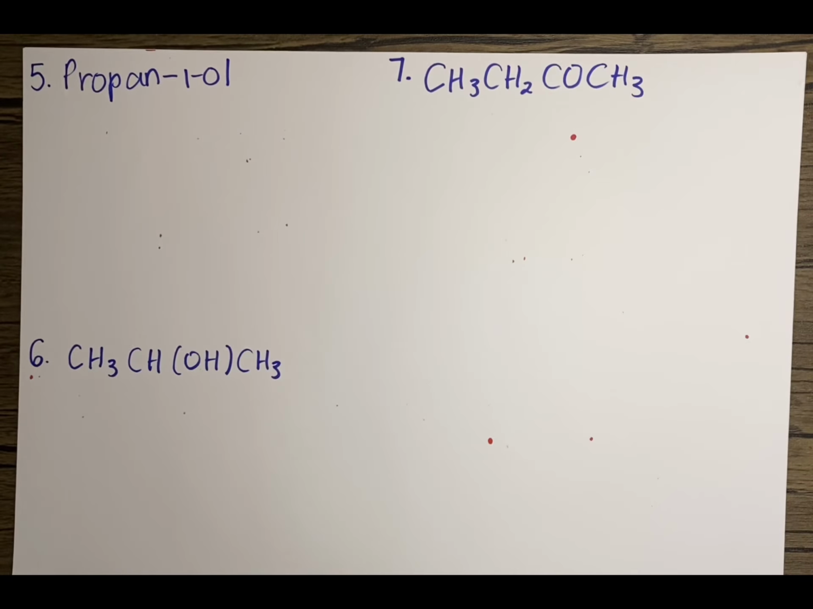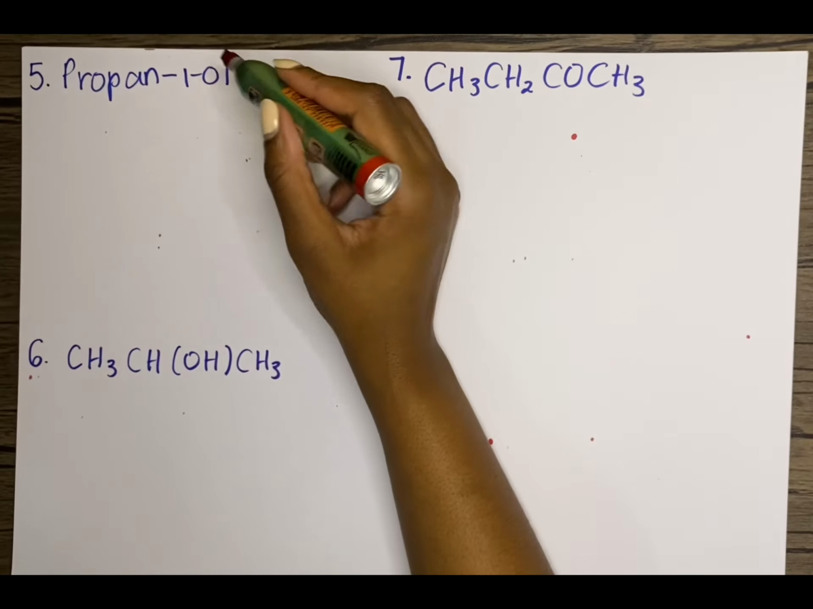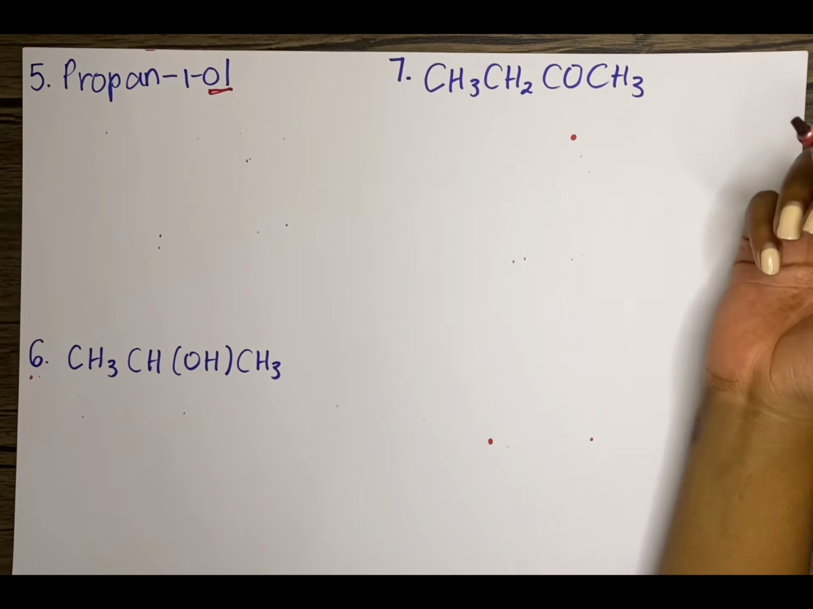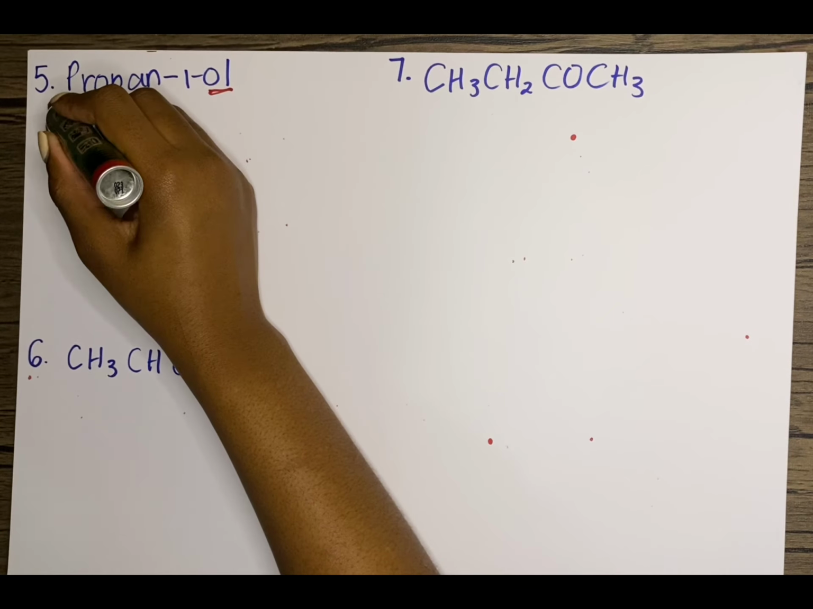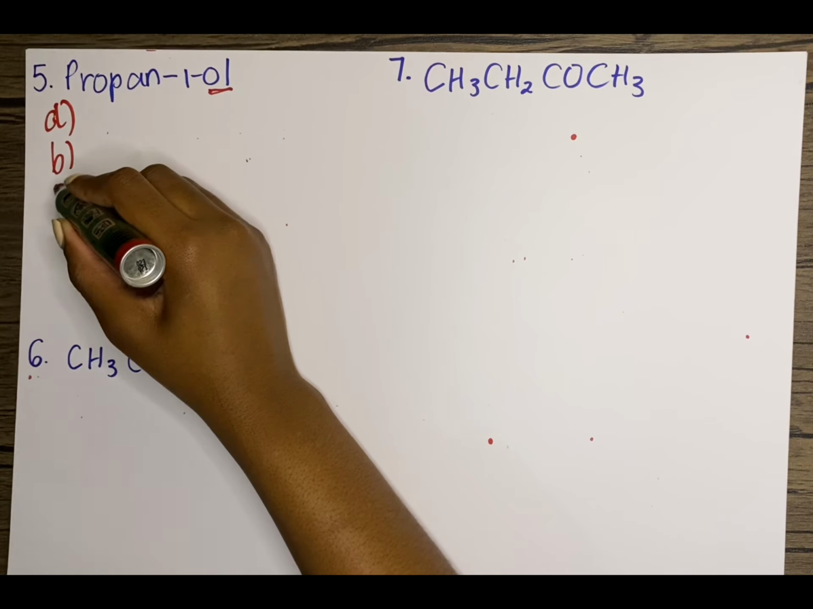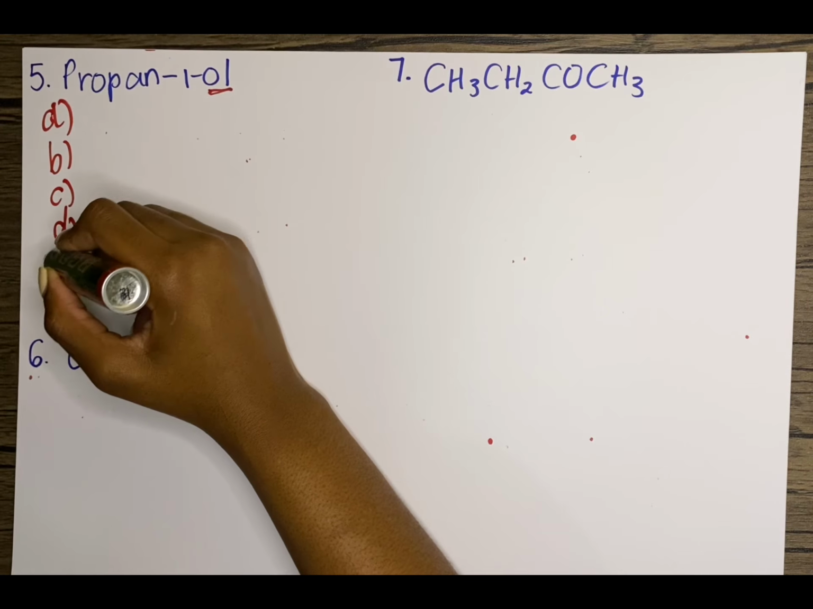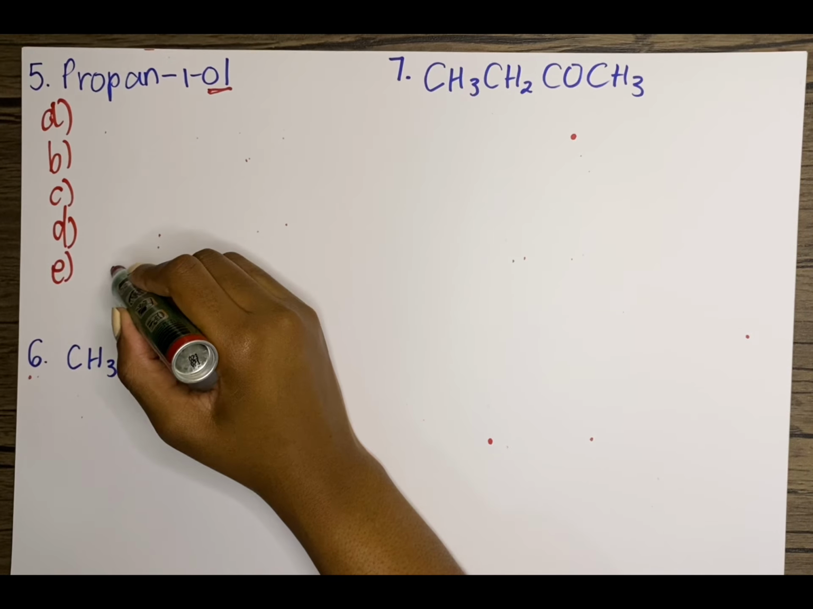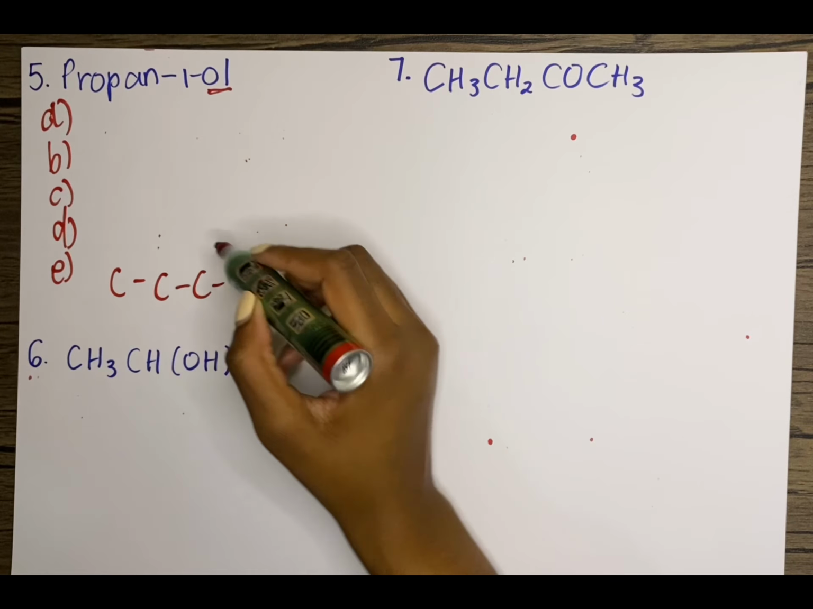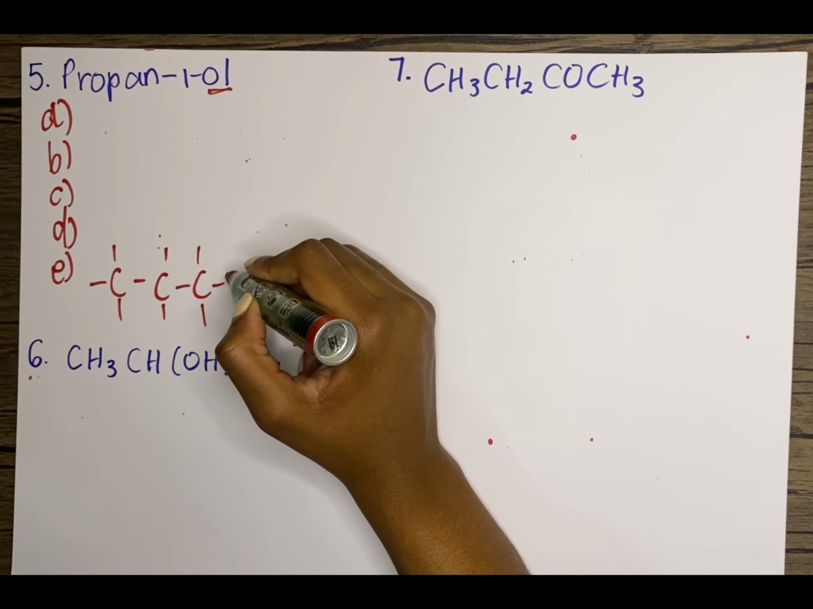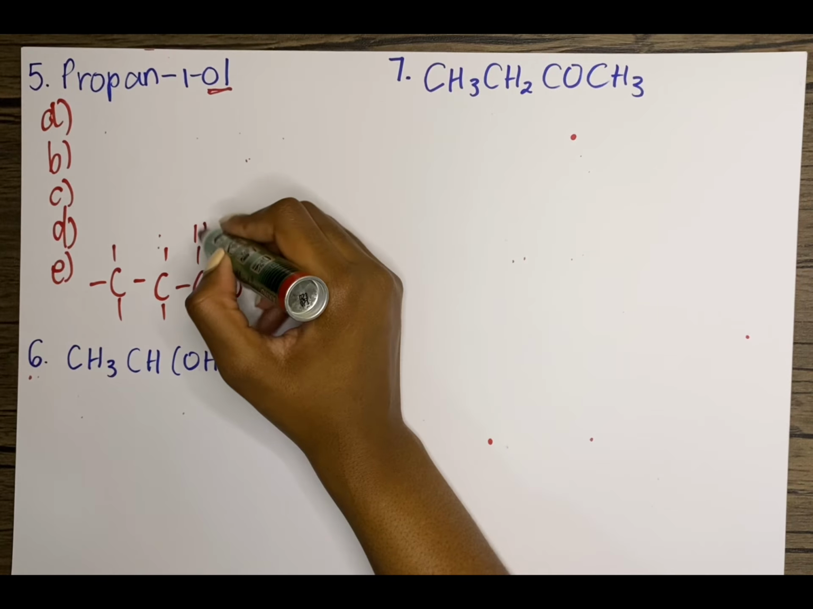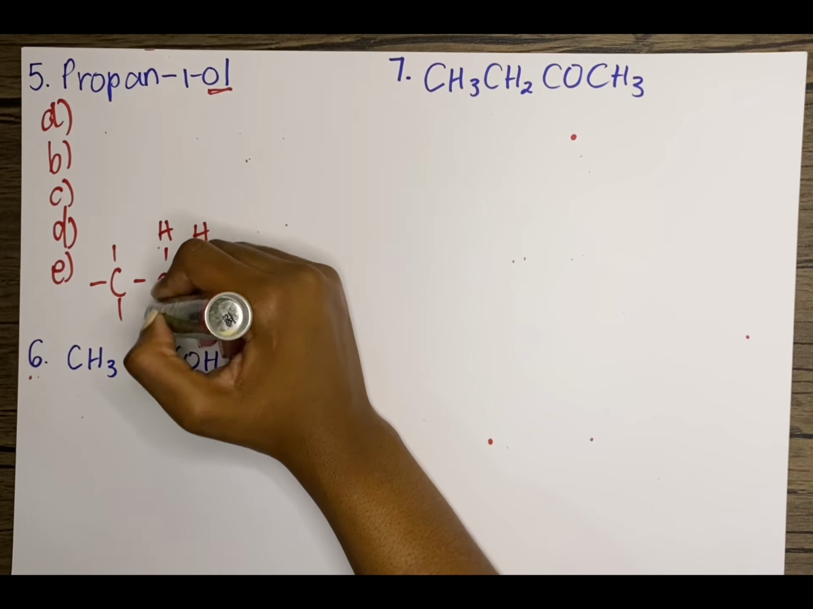Moving on swiftly to number 5. Number 5, you're given an IUPAC name, propan-1-ol. So that right there is the suffix for an alcohol, right? So like I said in the previous one, if I'm given the IUPAC name, I always like to first write out the structural formula. So prop means 3 carbons, and then it's an alcohol,